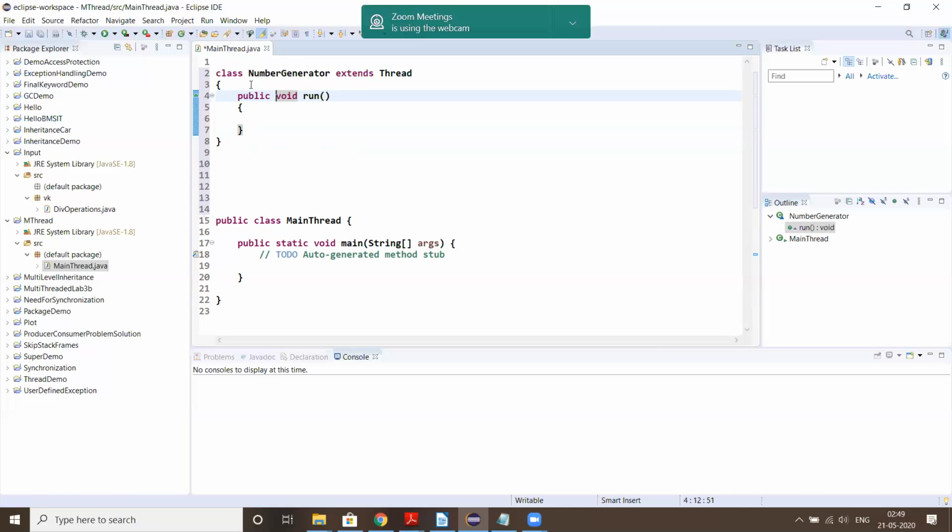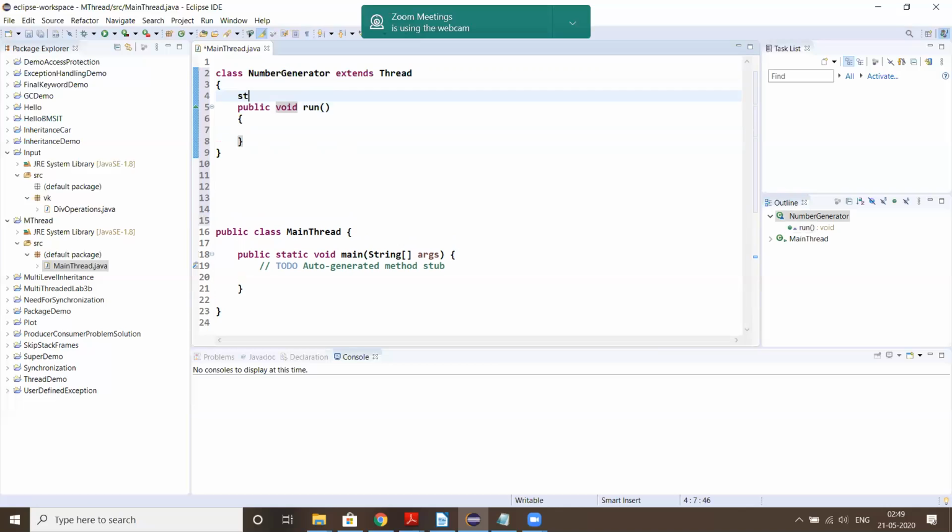So let me take a static integer. This will hold the random number generated by this method. Initially, just before getting to this number generation, I will define a class where each class will have a run method.